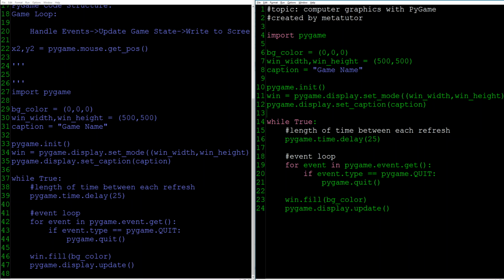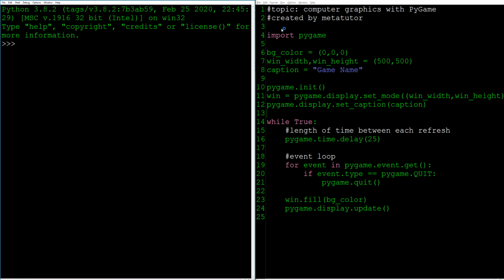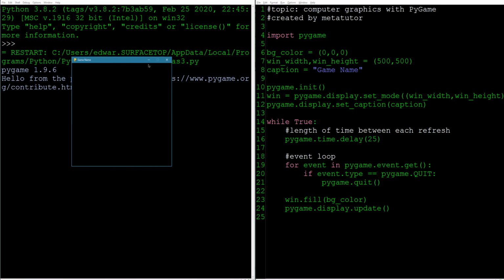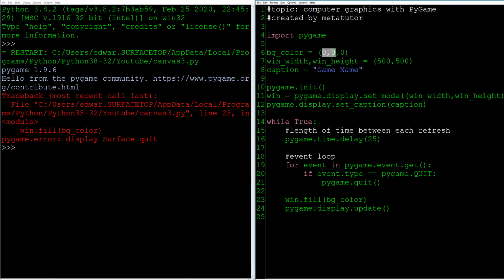But if I just run this on its own, what it does is kind of straightforward. It creates a window, game name, that's 500 pixels by 500 pixels. The origin is up here. This is 0, 0. Down here is 500, 500. This is 0, 500. This is 500, 0. So that's that. The background color is black. Those are RGB values, so that's 0 for red, 0 for green, 0 for blue. If I make that, let's say 255, which is the maximum value, then